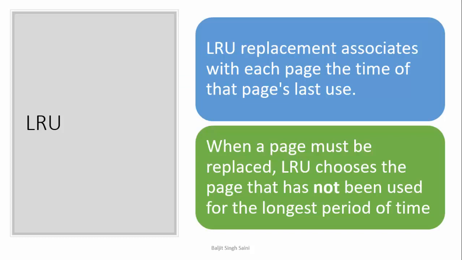Now the second algorithm is least recently used. As is clear from the name, we are going to replace that page which was least recently used, meaning the page which has not been used for the longest time, we have to replace it. The page that has not been used for the longest period of time. So we will check in the history which page I used and which one has gone the longest time unused. So the general notion is that the page not used for a very long time probably will not be needed ahead either. Okay, so we are going to replace that page which has not been used for the longest period of time.